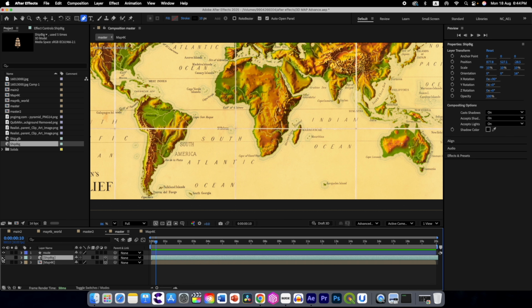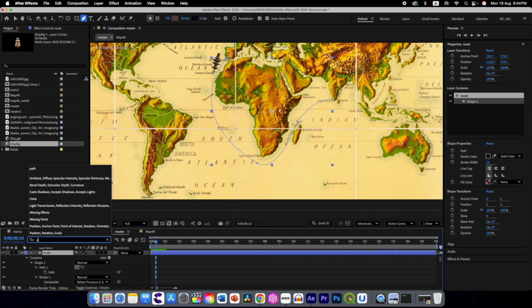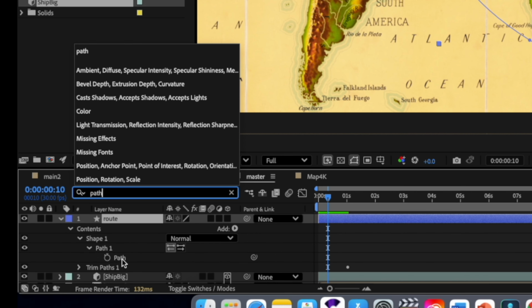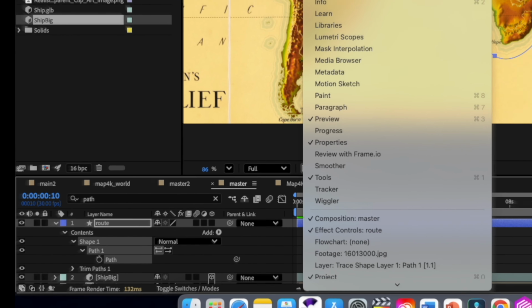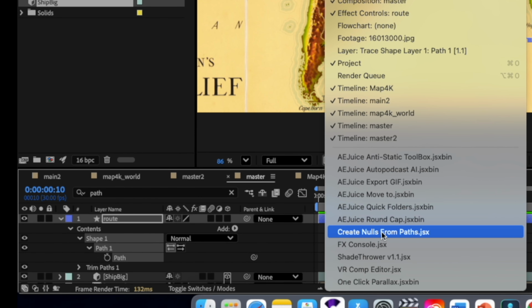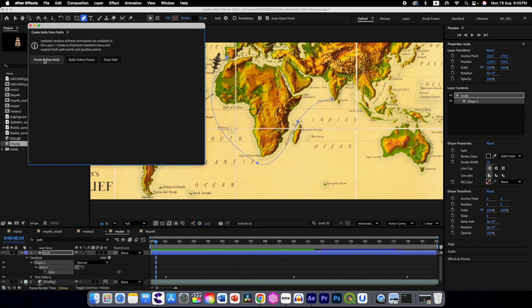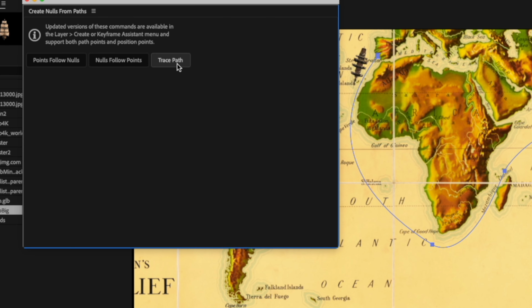For that we are going to use one trick. So search for this path. Select it, go to Window, and we have this inbuilt script known as Create Nulls from Path. Click on it. It gives three options: Point Follow Nulls, Nulls Follow Points, and the last one, Trace Path. Click on Trace Path, so it will create a